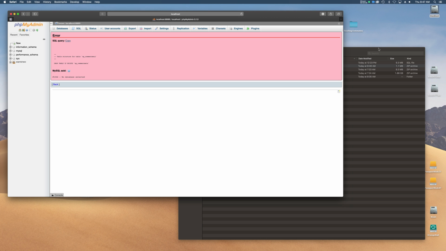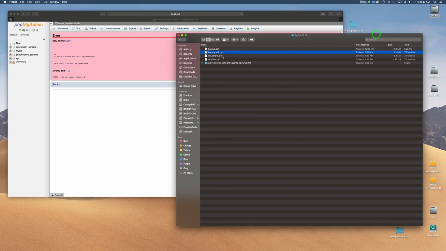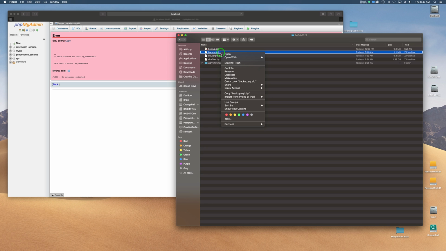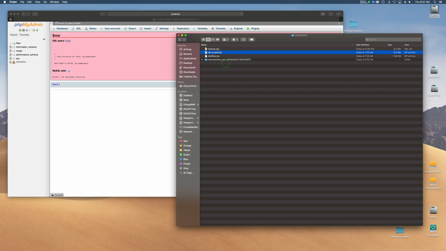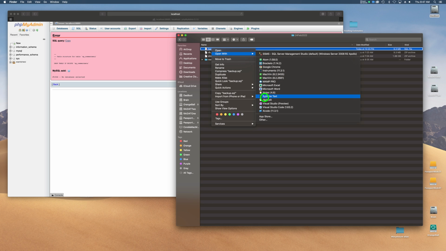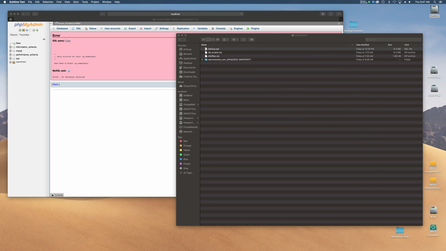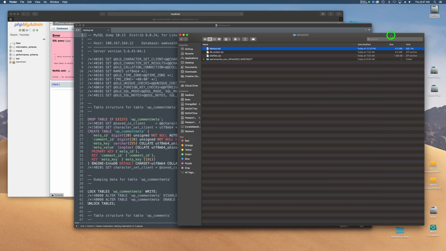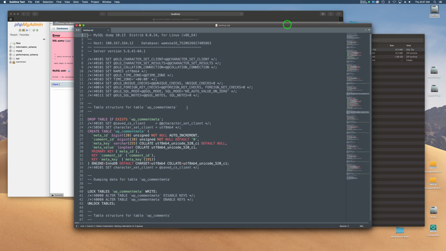So I'm going to just delete this zip file that I just created, move it to trash. And I'm going to edit this. Let's select the right file. I'm going to edit the backup SQL using Sublime. Okay. Now, we see here that there is no create database statement. So I have